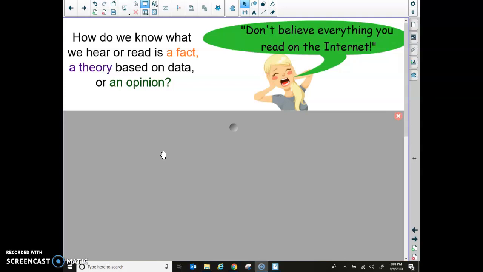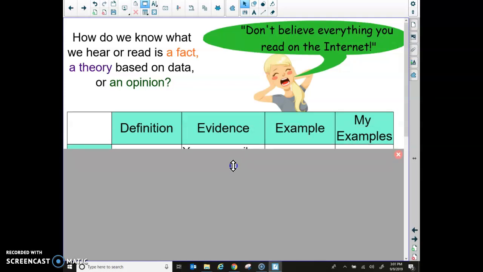Why is this important? Because we are inundated right now, meaning we have information coming at us from all directions. We hear it on the radio, we see it on the TV. Even social media is full of news stories that we're not always sure where they come from. We have more access to information than ever before, and we need to be able to sort through it because we take action on the things that we hear and read and experience. We want to make sure that we're always acting based on fact instead of opinions, so we don't harm ourselves or others.